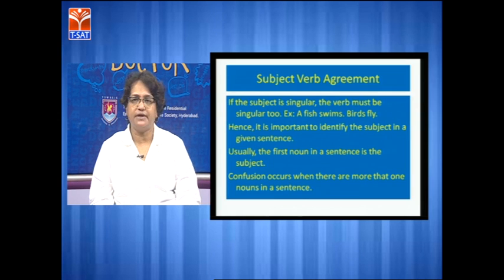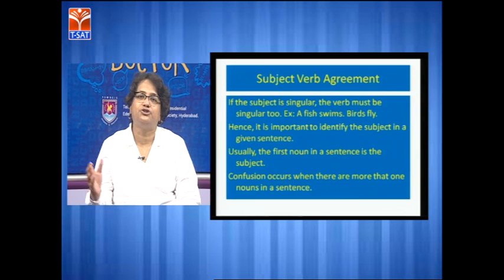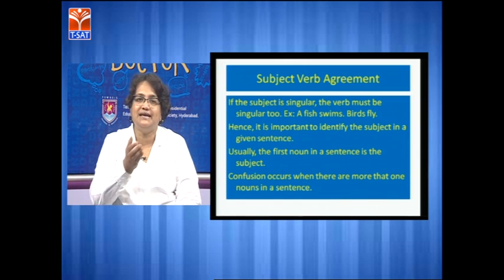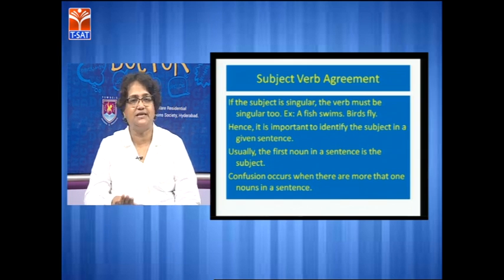So it becomes very important to identify the subject in a sentence. So when you look at a sentence, you need to identify the subject. And in a sentence, if there are more than one noun, then usually the first noun will be the subject. Now it can join with the other nouns, or it can be an independent noun, but the first noun usually is the subject, and the verb that is used for this subject has to conform or has to agree with this subject. This is clear so far?